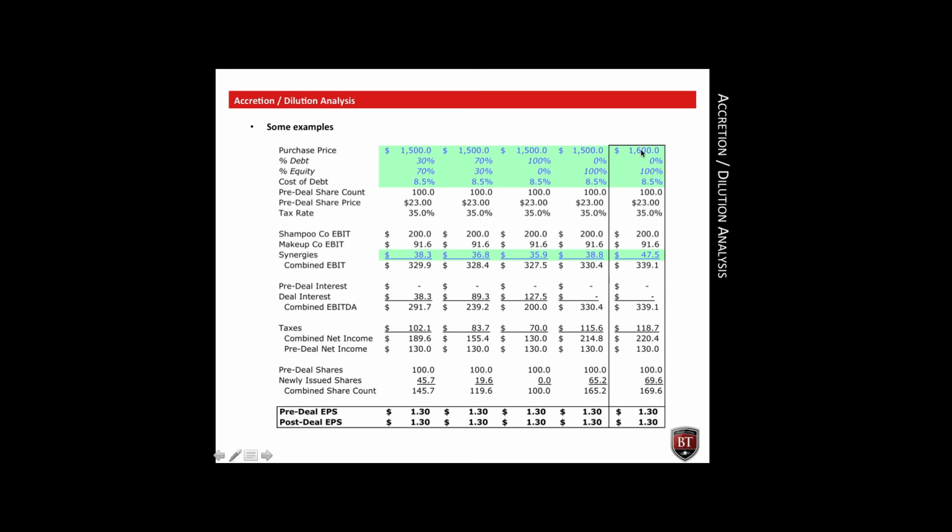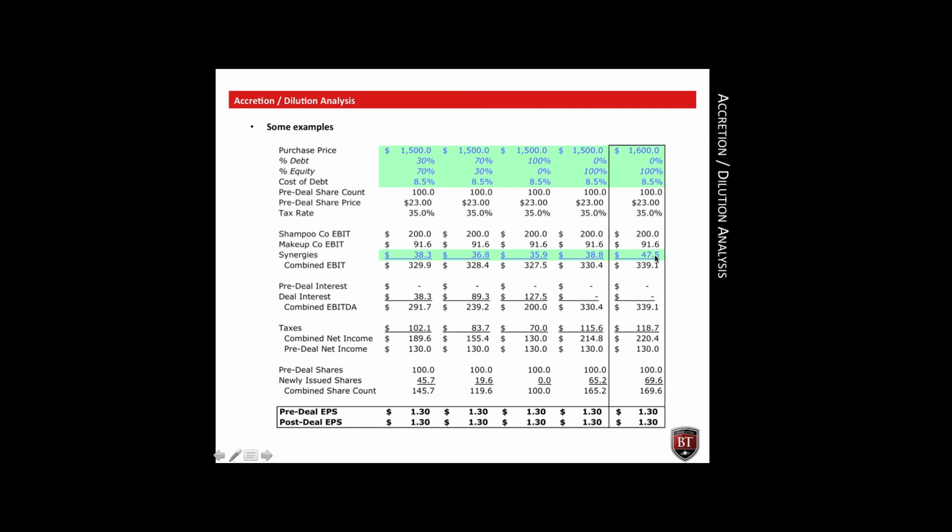And finally, let's look at the last column just to compare the final two. Here we've changed the purchase price. So suppose the acquirer gets in a bidding war, really wants Makeup Co., and it realizes it's going to have to pay more than 1.5 billion. It's going to have to pay 1.6 billion, and it still wants to fund it with all equity. So again, we've got no interest expense. We're issuing even more shares than we did before, and all of a sudden the synergies jump up to about